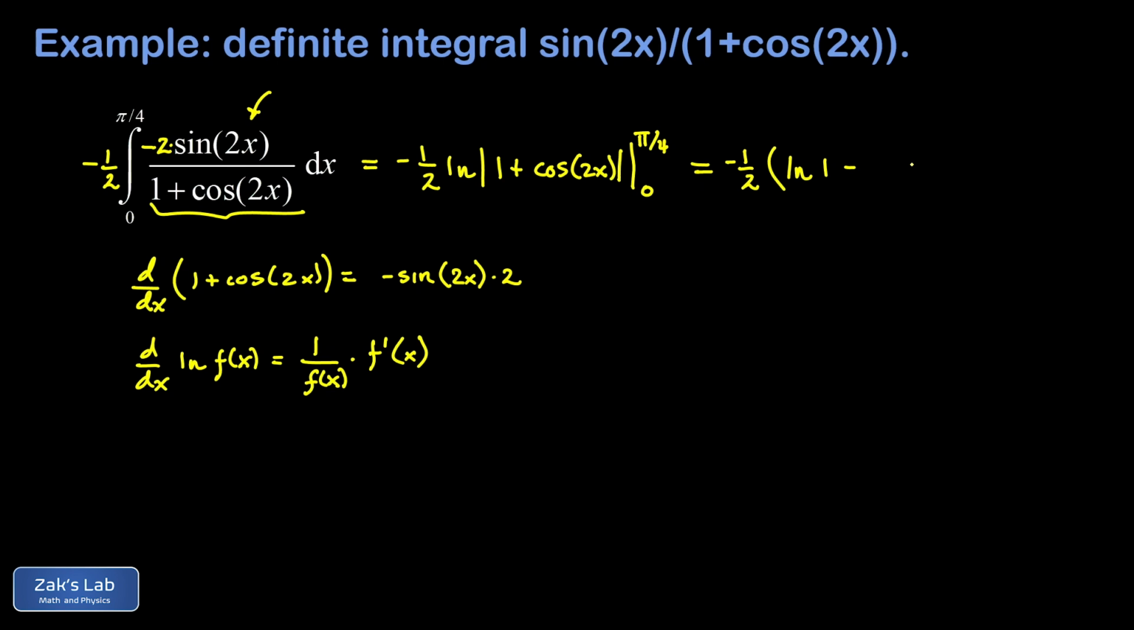And then we subtract the natural log of 1 plus cosine 0. Well, cosine 0 is 1, so I end up with a natural log of 2 there. Now remember, the natural log of 1 is 0, so that term is gone. And then we'll distribute that -1/2 into this thing, and I end up with just a +1/2 natural log 2,